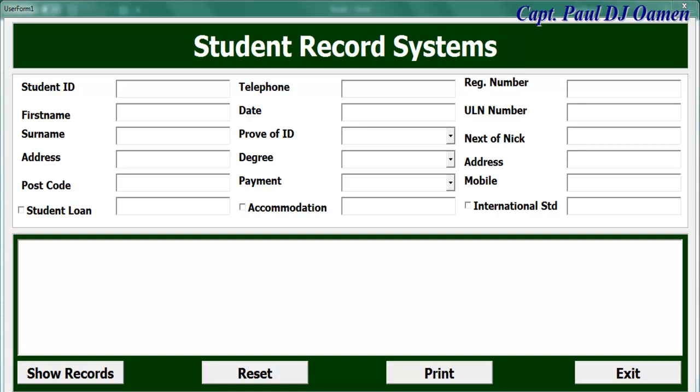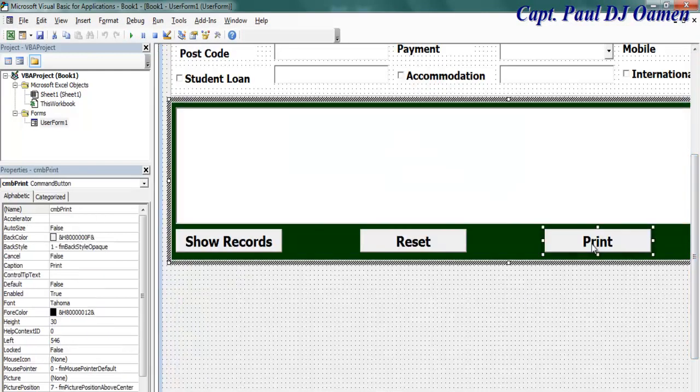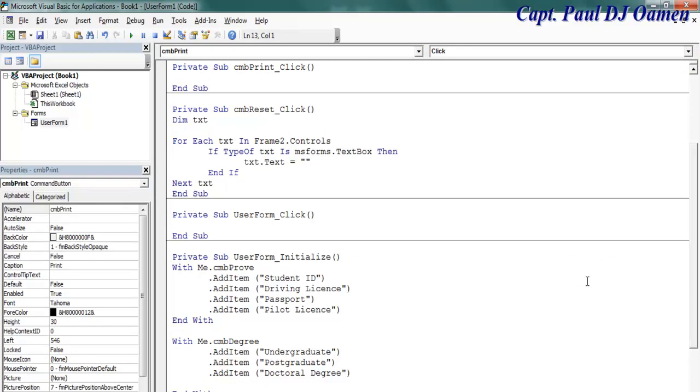And welcome back to the second part of the student's record data entry form. Okay, now what I want to do is to take care of the print. I'll be printing all the data that are entered on the workbook itself. So I'm going to come in here, double click on that, and I'm going to start by saying this workbook